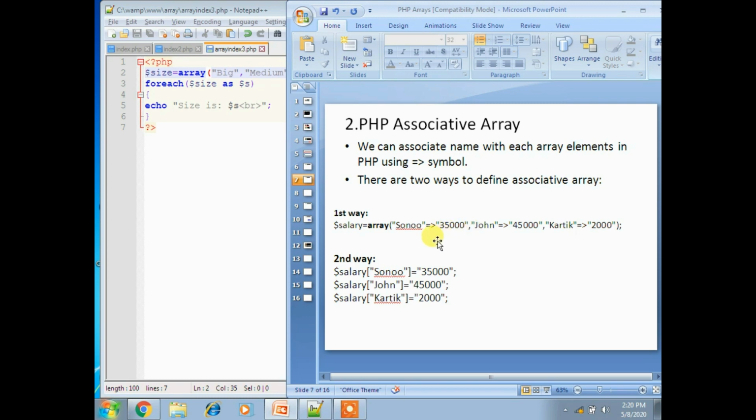Okay, so here you can apply it in 2 ways, right? So the first way is like this, where you can use the implies symbol as the associative symbol, or you can use the implies value. So name string with that value and string with the value, like that you can apply it. So based on the index format also you can apply the second way. So we'll see a program, you will be able to understand easily.